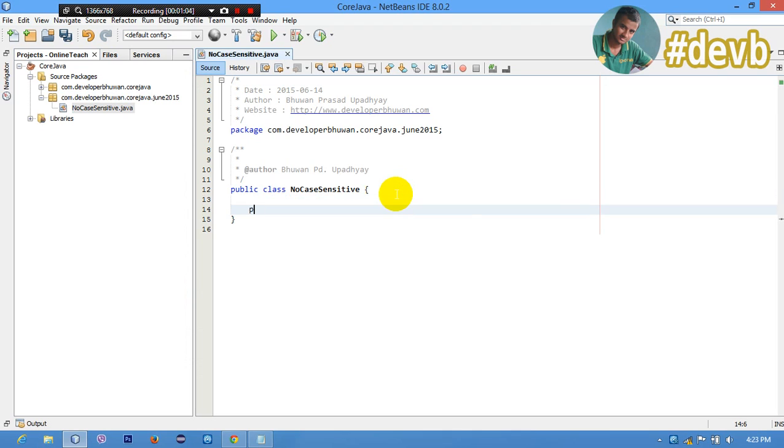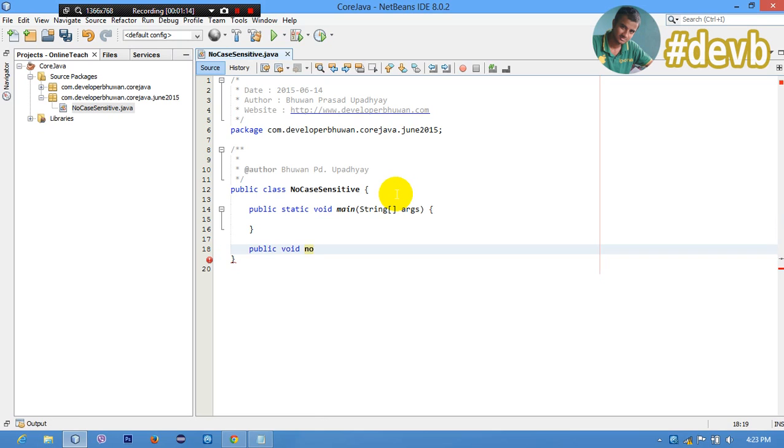Now I create the main method, and I also create a public void method, noCaseSensitiveComparison, to compare two strings.